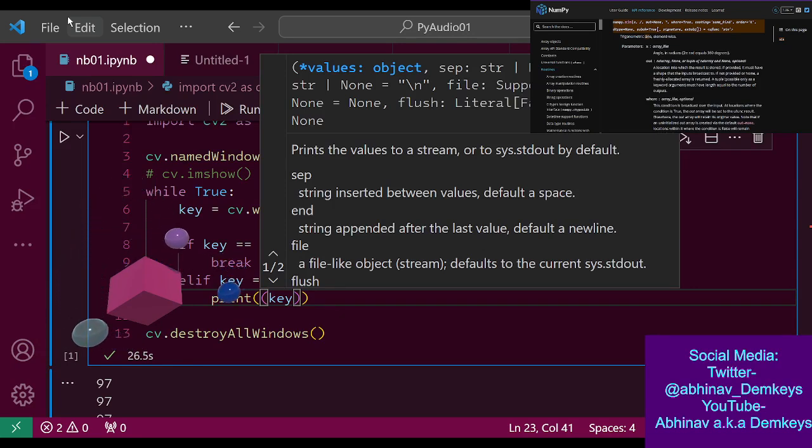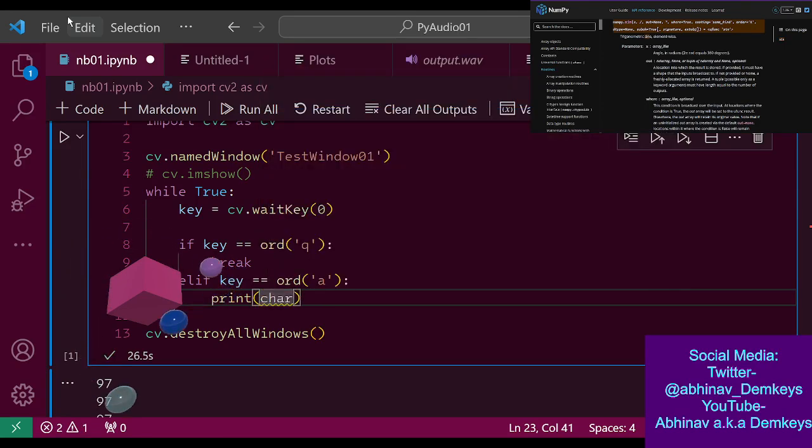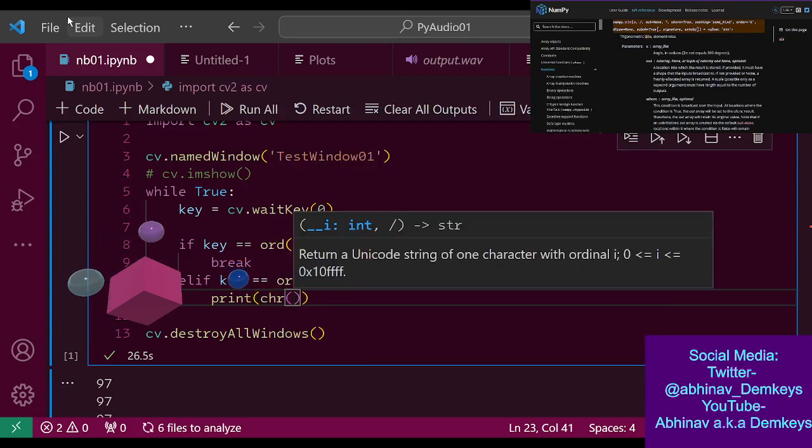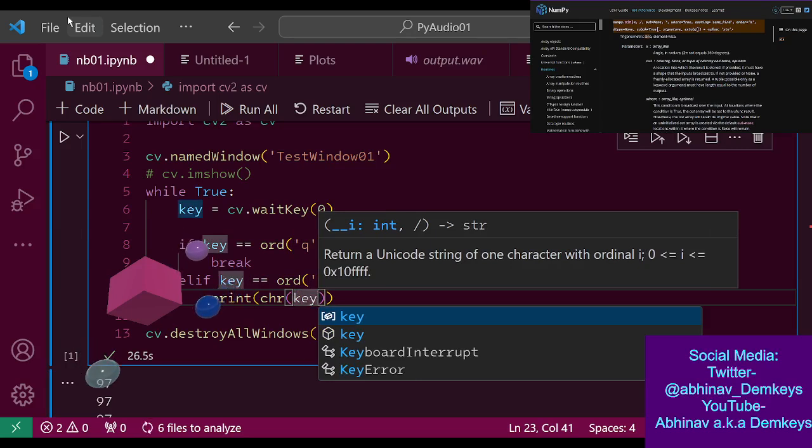Okay, ASCII to char. Would just char work? There was a char function as well, right? No, I guess there's no char function. CHR. What does this take? Return a Unicode string. Okay, so let's see if that works.